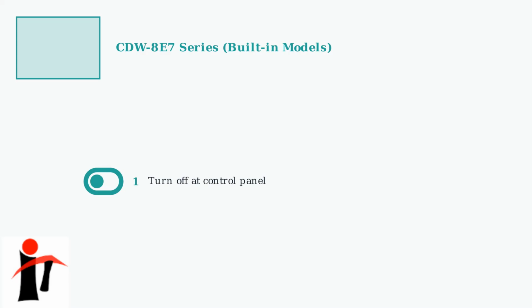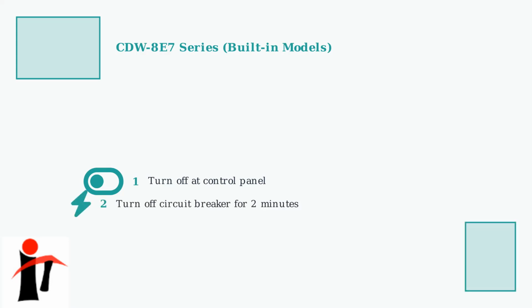Built-in models like the CDW8E7 series require a different approach involving the circuit breaker. This method is more thorough, but takes longer. First, turn off the dishwasher at the control panel. Then, locate your home's circuit breaker panel and find the breaker for the dishwasher. Turn off the circuit breaker for exactly 2 minutes. This completely cuts power to the dishwasher and allows for a deep reset of all systems. Restore power by turning the circuit breaker back on, then run an empty cycle with dishwasher cleaner to complete the